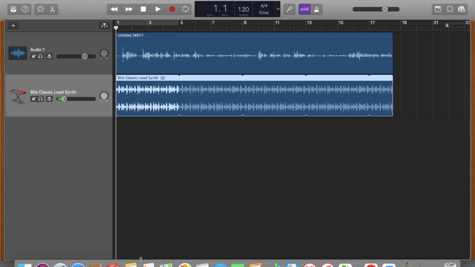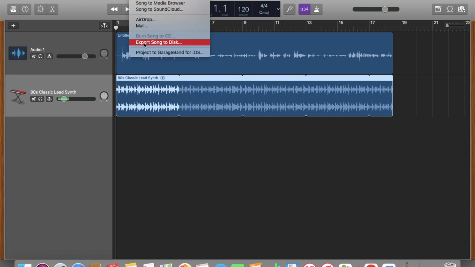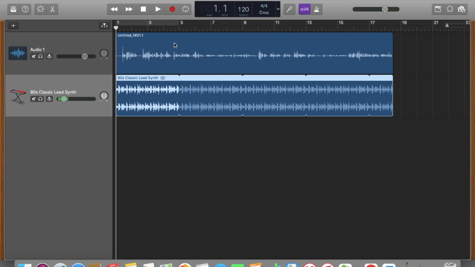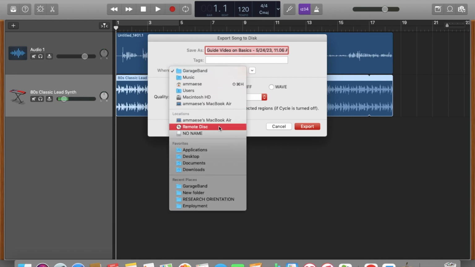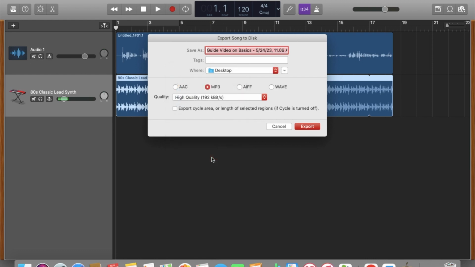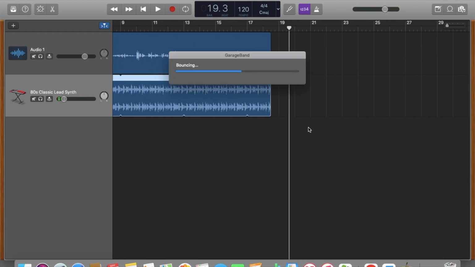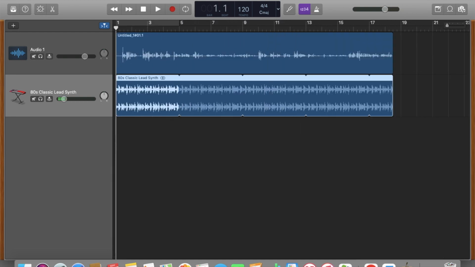Once the student has finished with their audio report, they can share it with you on Schoology by going up here to share, and then they'll export song to disk, and then they need to name it. I would put their name and their period, and they need to change it to their desktop and export. Once they do that, it will export onto the desktop,